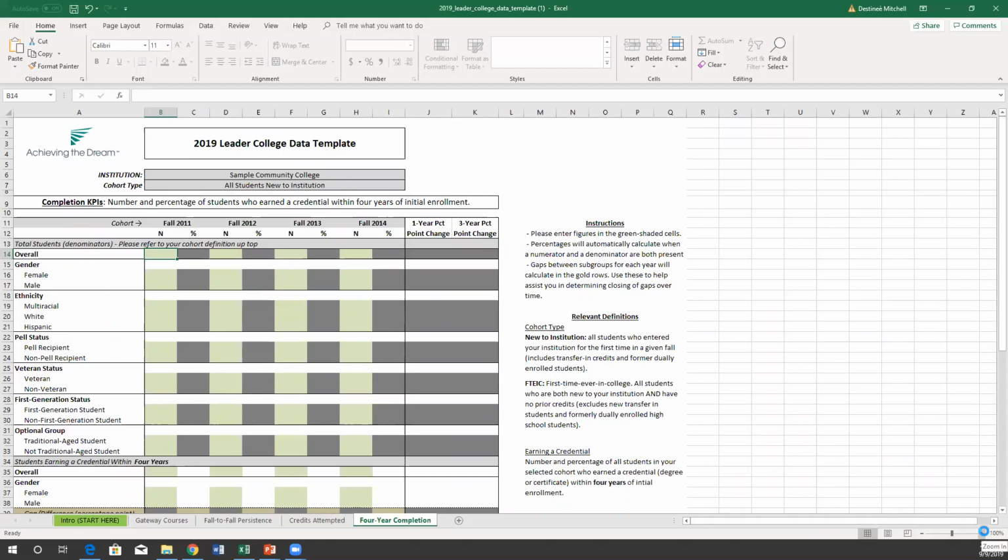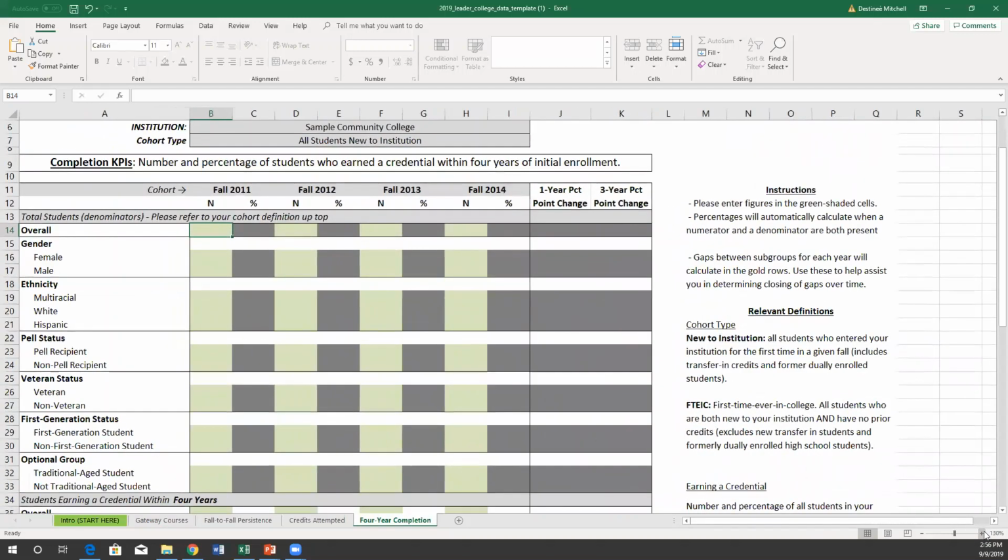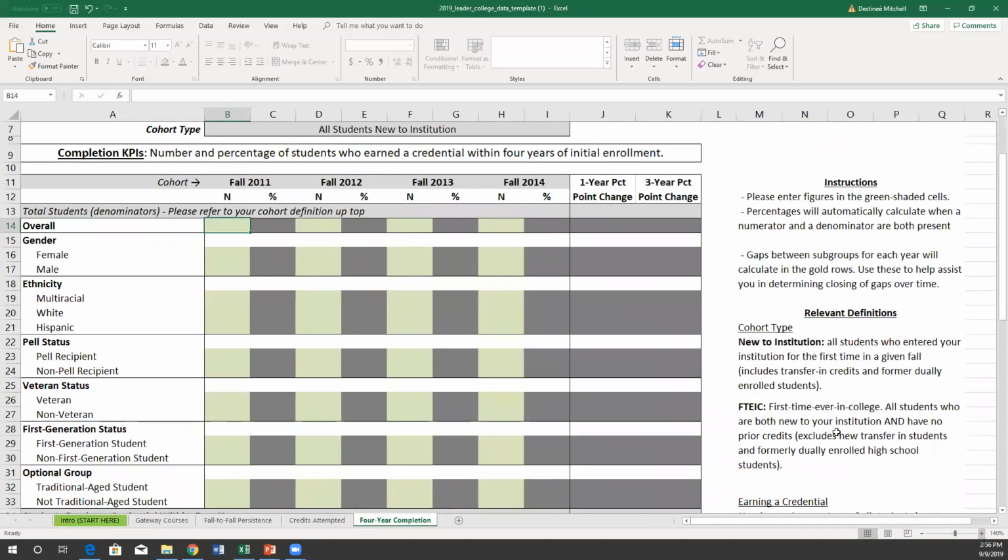Students earning a credential within 4 years. Being that you need 4 years to have elapsed to actually get your numerator, you will notice that these cohorts are much older, because for fall 2014, for 4 years, we're looking at the end of 15, the end of 16, the end of 17, the end of fall 2018. I guess technically we could have squeezed something a little further, but not quite. So therefore, we are looking at these slightly older cohorts.